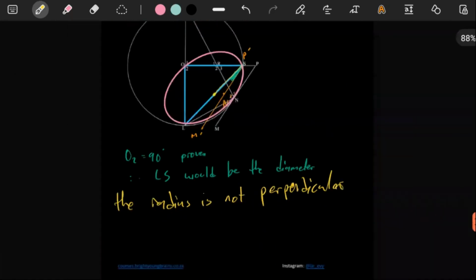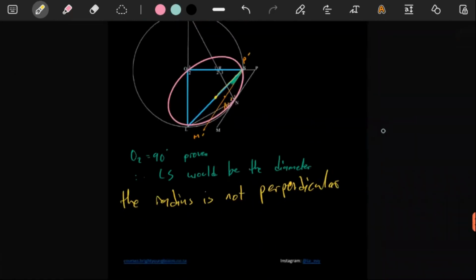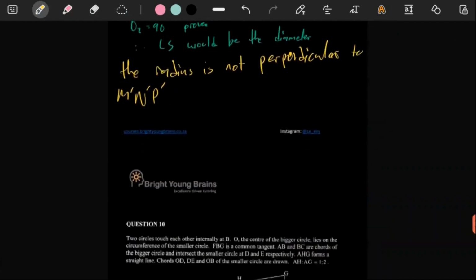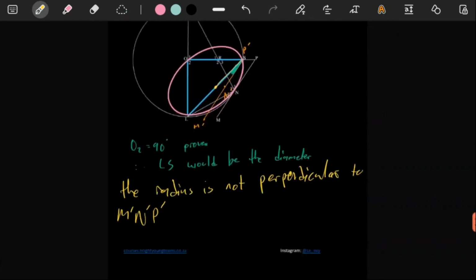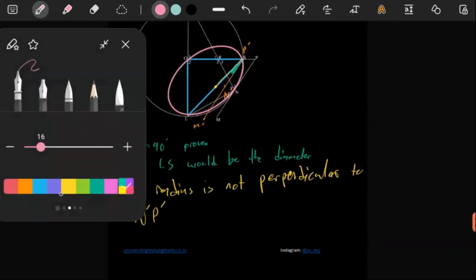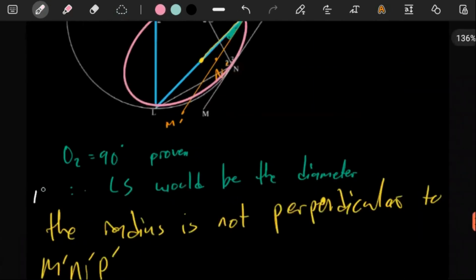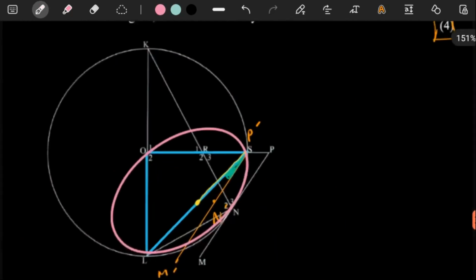The radius is not perpendicular to MNP. That's so plain, it's so in our face. But it's a 4-mark question, so I think we just need to get other arguments against what they have told us here. So this could be one argument. We can write the others up here. So this is argument number 1. Secondly,